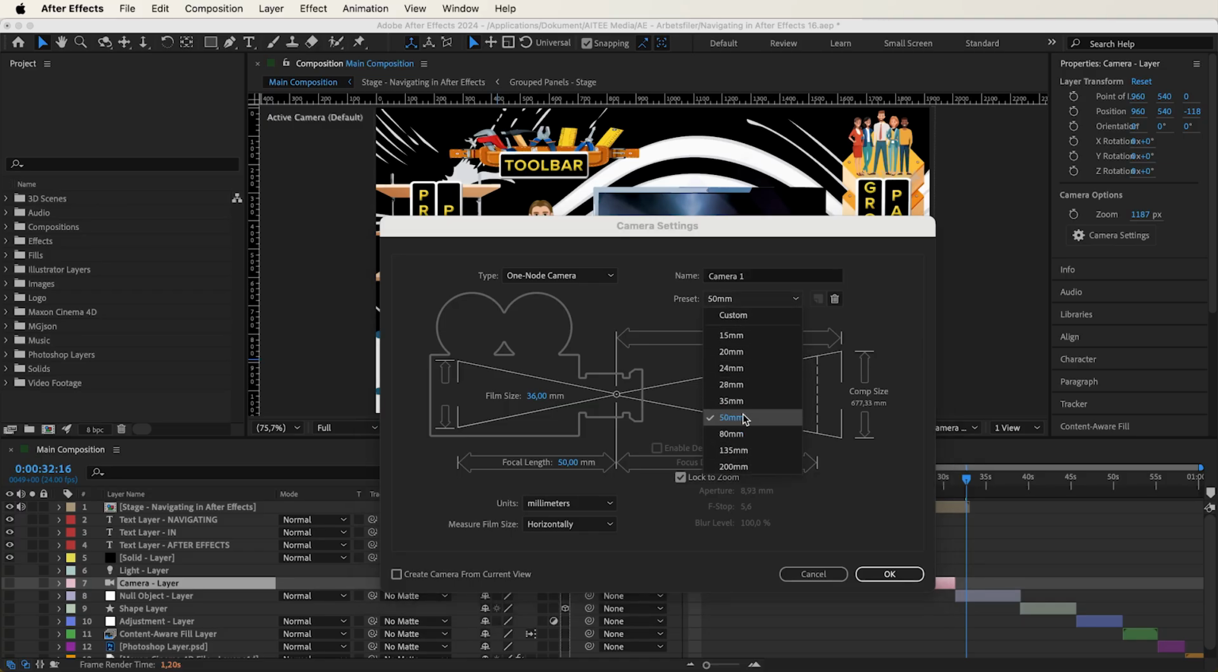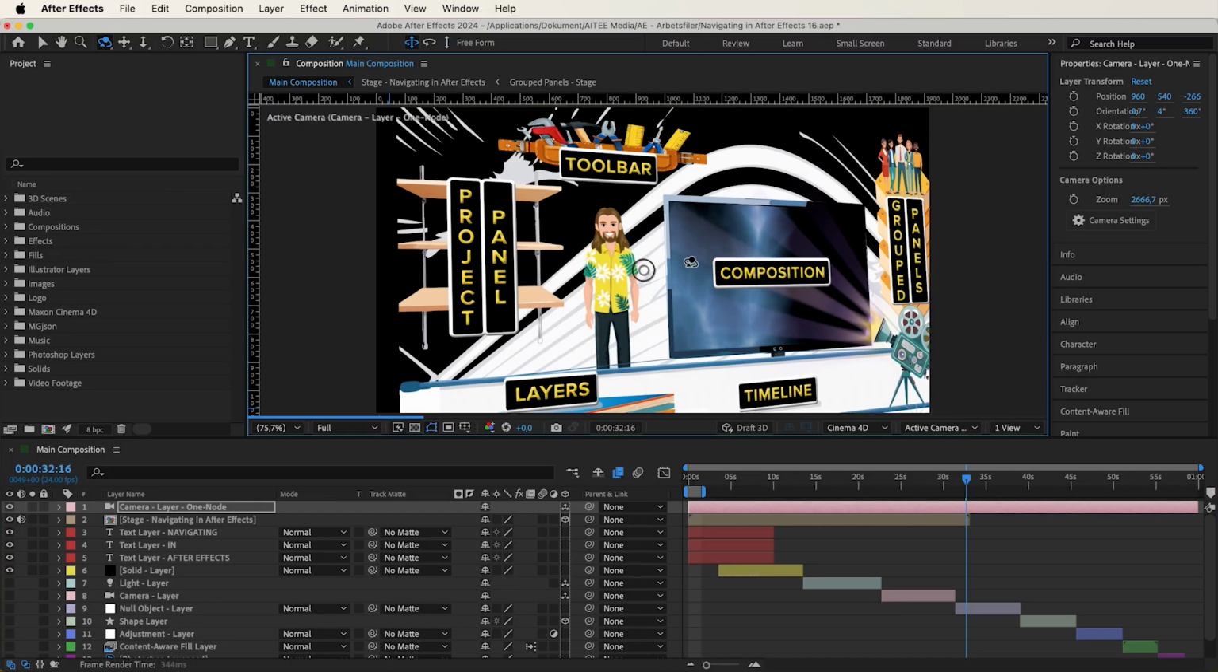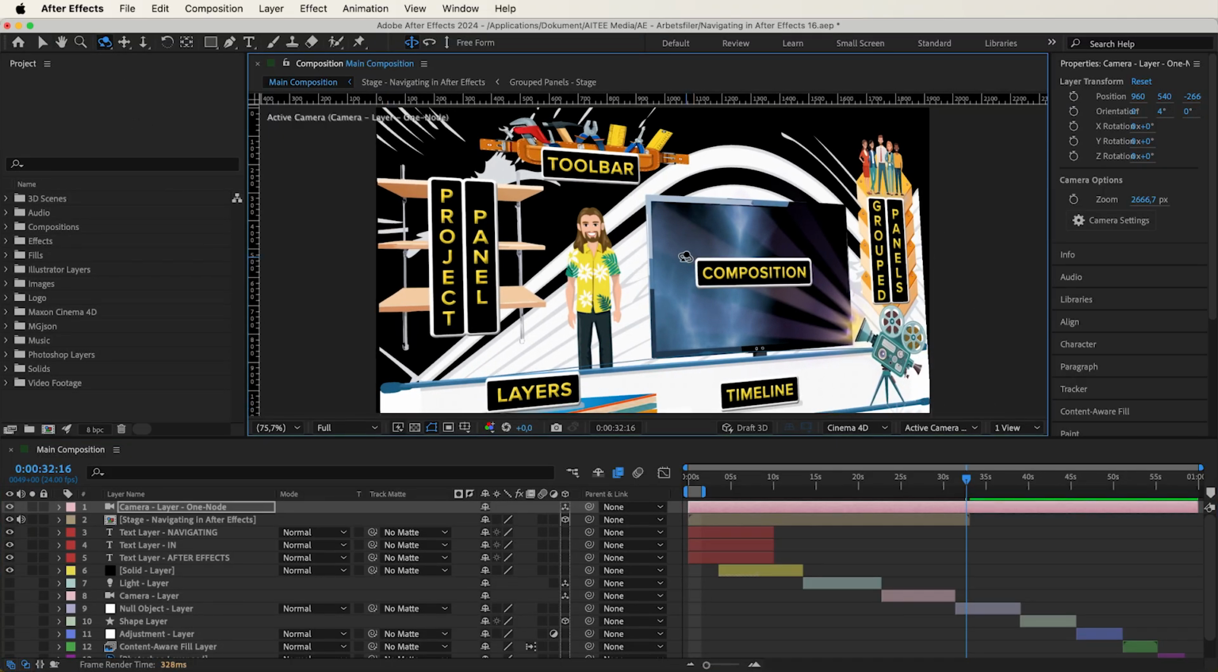From the default settings, there are a few more fine adjustment possibilities. There are two different types of cameras, the 2-node and the 1-node. To understand the difference, let's start by creating a 1-node camera and name it Camera Layer 1-node. The 1-node camera functions a little more like a real physical camera, and it orients around itself, like whenever trying to use the Orbit Around cursor tool up here from the toolbar,